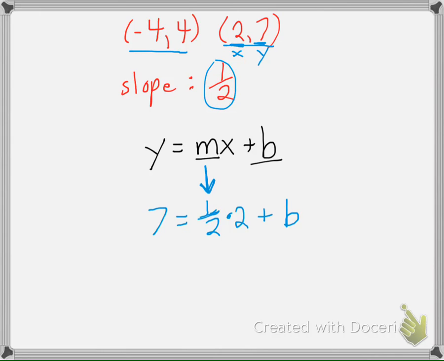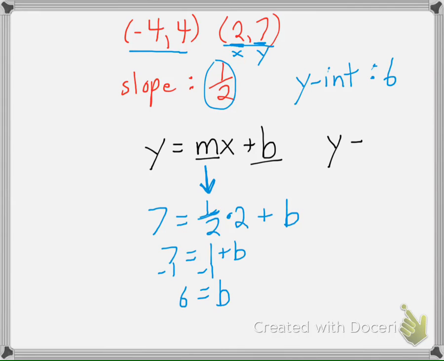If I want to solve this, I'll get 7 equals 1/2 of 2 is 1 plus b, and then I would subtract 1 from both sides, and I'll get 6 equals b. And b, you remember, is our y-intercept. So now I know my slope is 1/2, and I know my y-intercept is 6. So now I can plug into my equation y equals the slope 1/2 x plus the y-intercept, which is 6, and I get the equation for my line